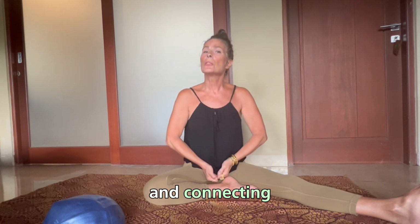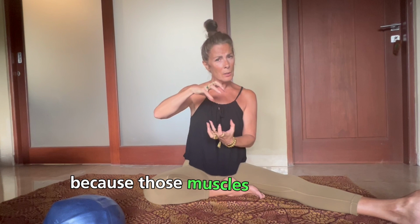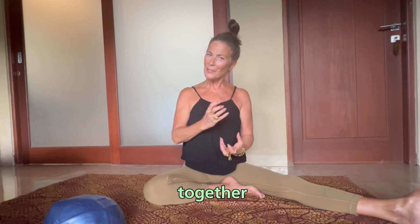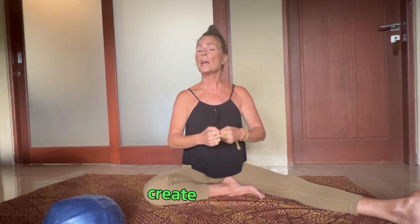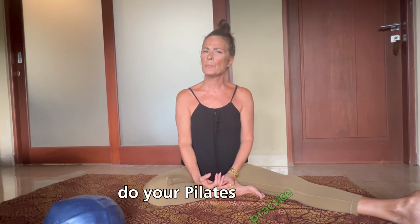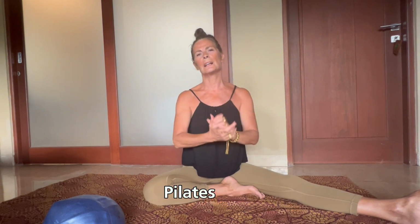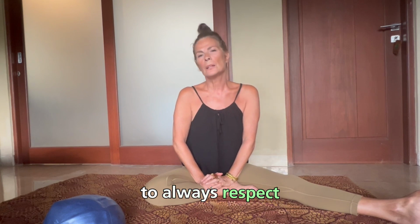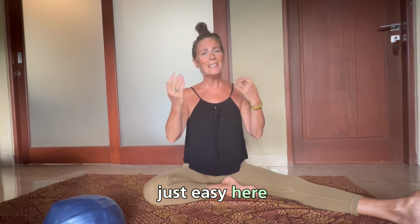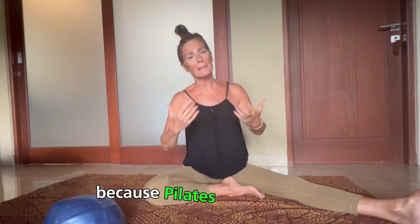spine and connecting the pelvic floor muscle, because those muscles actually are working like brother and sisters together to really create this intra-abdominal pressure that I was talking to you about previously. So you see, it's always very important, when you do your Pilates practice, when you enroll in a Pilates class, to always respect the level and start with a beginner program, because you cannot connect those muscles just easily at the beginning. And you know, because Pilates is one of the